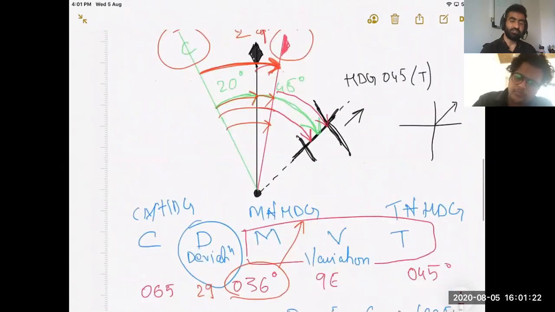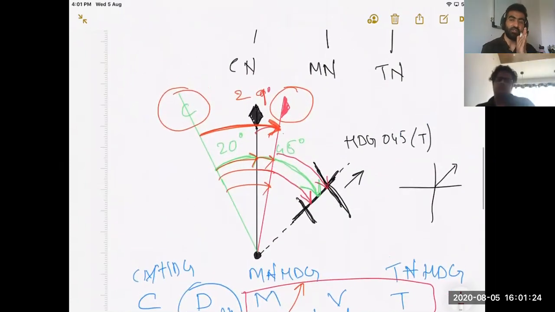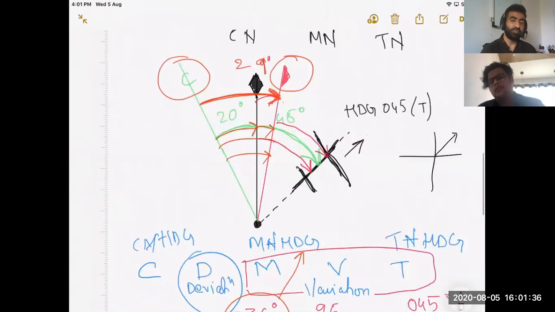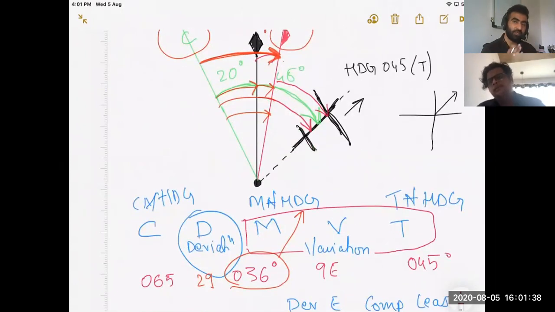The thumb rule for directions is that true north is always straight, and magnetic north can either be on the right, on the left, or coincident, placed coaxially on the true north itself. There is a sequence, CDMVT. Magnetic heading can be found using compass heading and deviation, or variation and true heading.